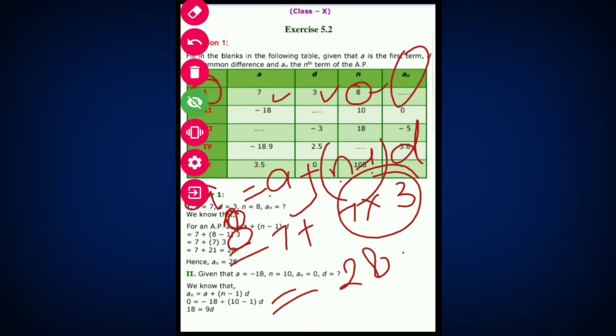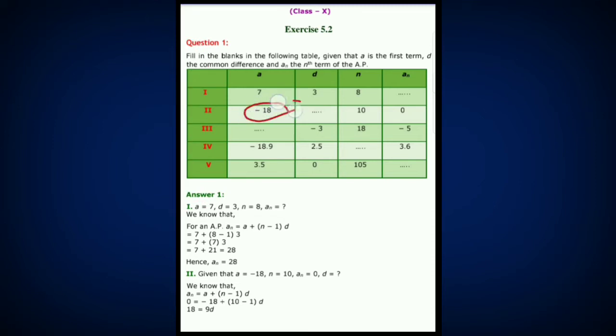Now we will go to problem number 2. What is written here, student? Here the first term is given, the number of terms is given, and the nth term is given. You have to find the value of D. I think again you will apply the same formula and you will get the answer. Are you getting what I am saying? Because in this formula there are 4 unknown values. The first is the nth term, the second is A, the third is N, and the fourth is D. If 3 values are given to you, then we will find the 4th value. As in all the problems here, 3 values are given and you have to find the 4th value, so in all the problems you have to use this formula.